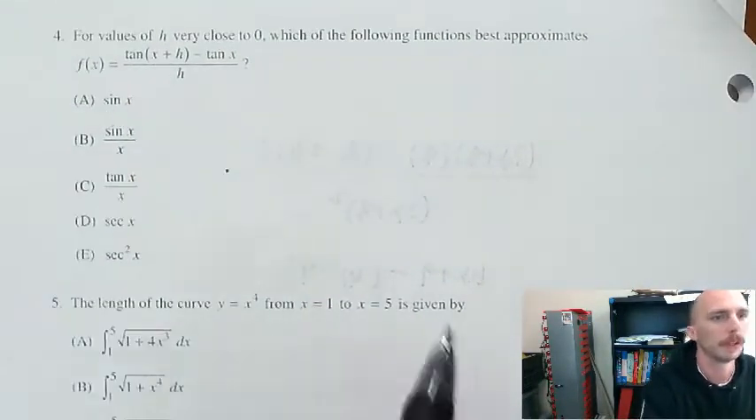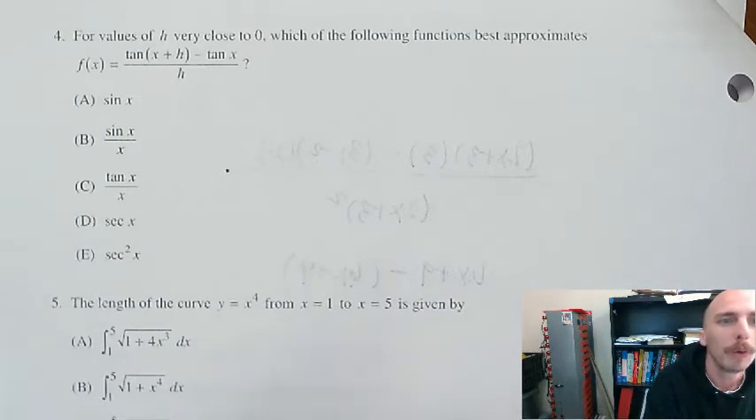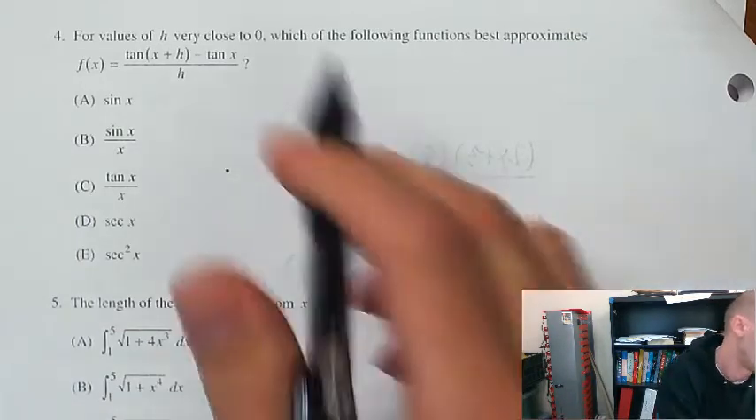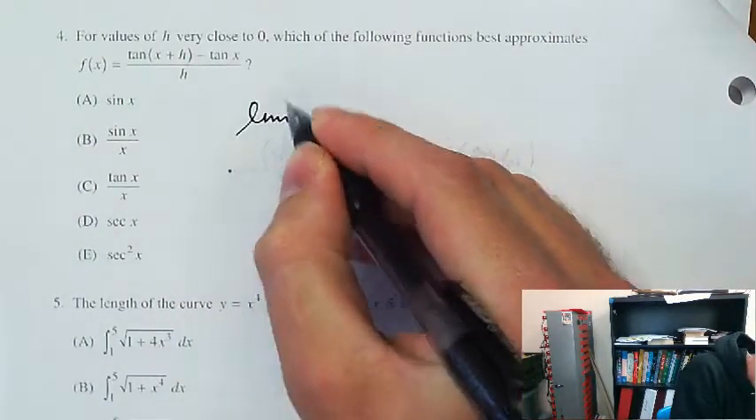For values of h very close to 0. That's interesting. I don't know if I've ever noticed them use that terminology before, very close. It's not very mathematical, but which of the following functions best approximates (tan(x + h) − tan(x)) divided by h? Okay, so this is like basically, okay, if h goes very close to 0,